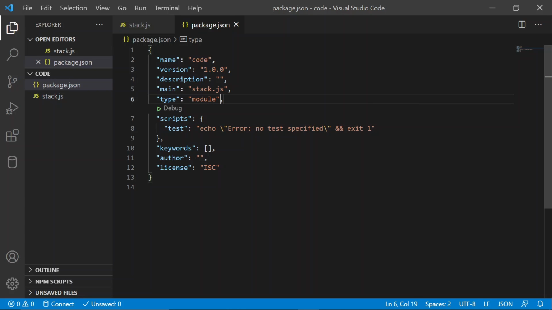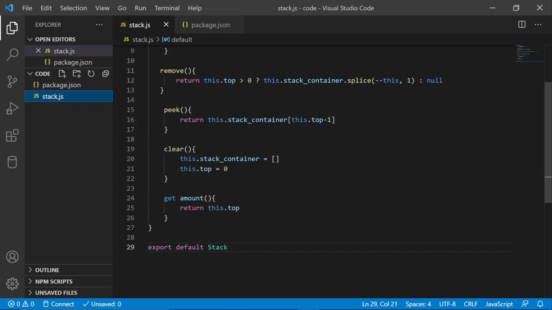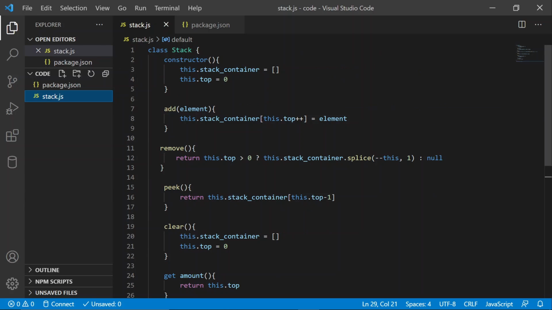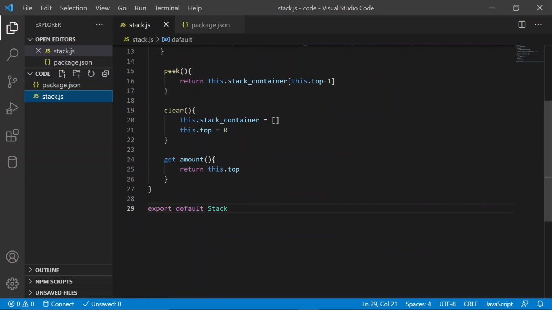We're using JavaScript's ES6 module syntax. And now our stack file is a module, and we can export it from this file and import it in another file and use our stack blueprint to create a new object. So let's do that. Let's create a new file. Let's call it